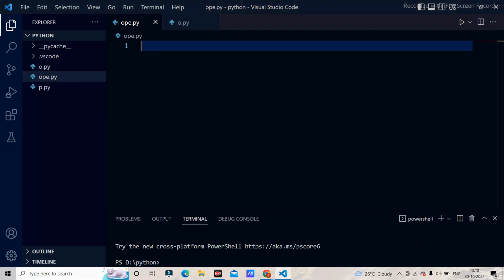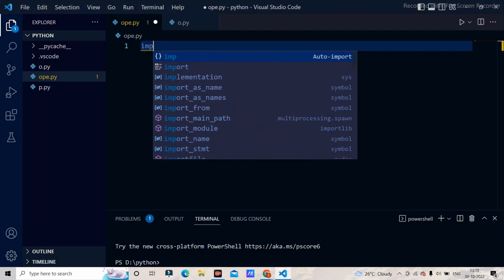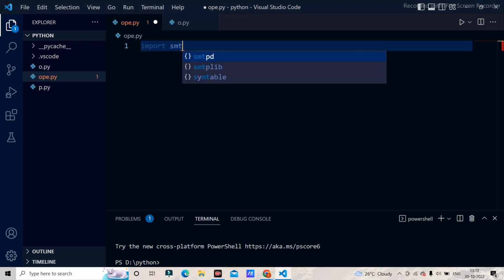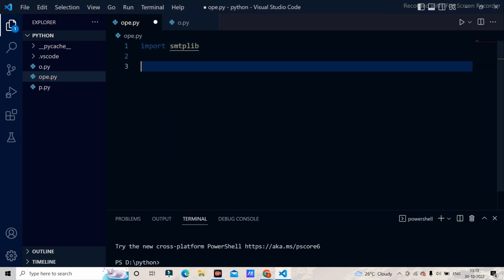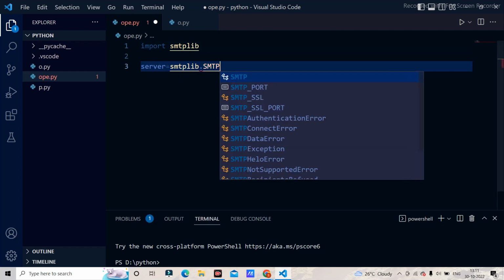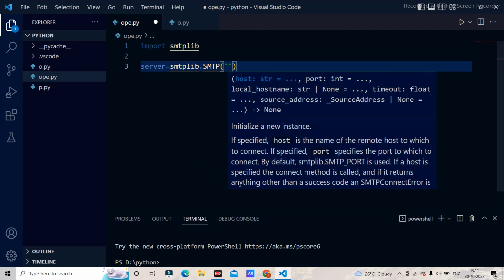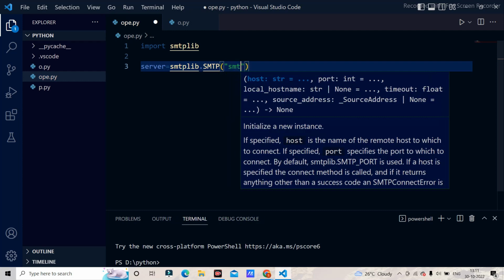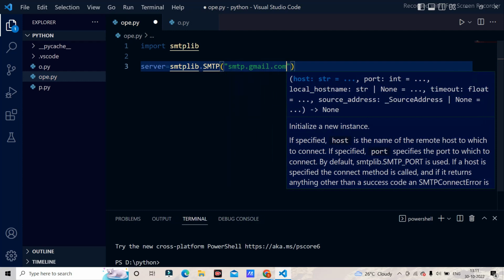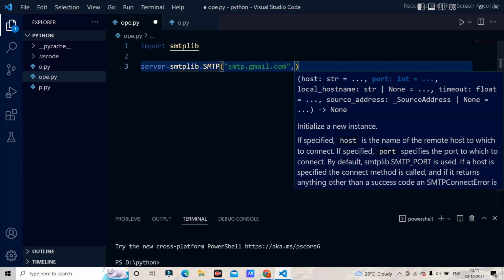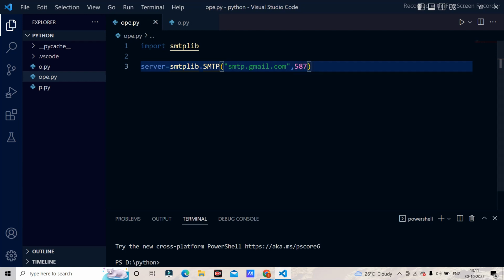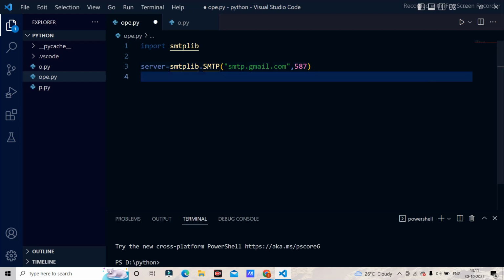after this, go to the code. Here we have to import the SMTP library, the Simple Mail Transfer Protocol library. Next I'm going to use a variable to which I assign smtplib.SMTP. Now we use the service provider name, smtp.gmail.com, because I am using the Gmail service. And we have to initialize the port number, and this port number is different for different kinds of services. If you have Yahoo, it is different. For Gmail, it is different. And after that we are going to use